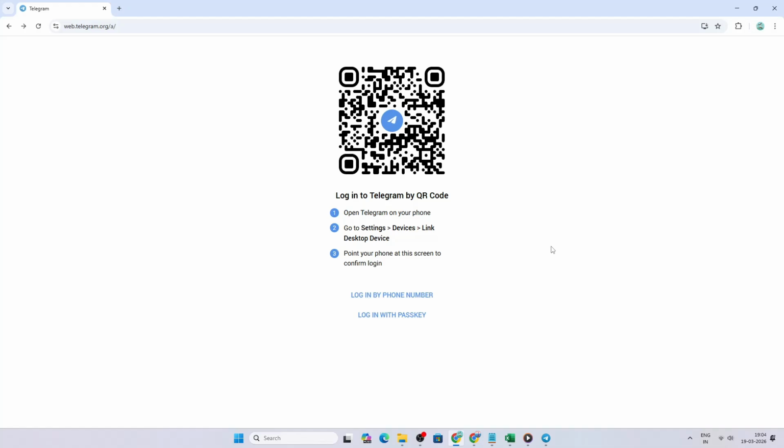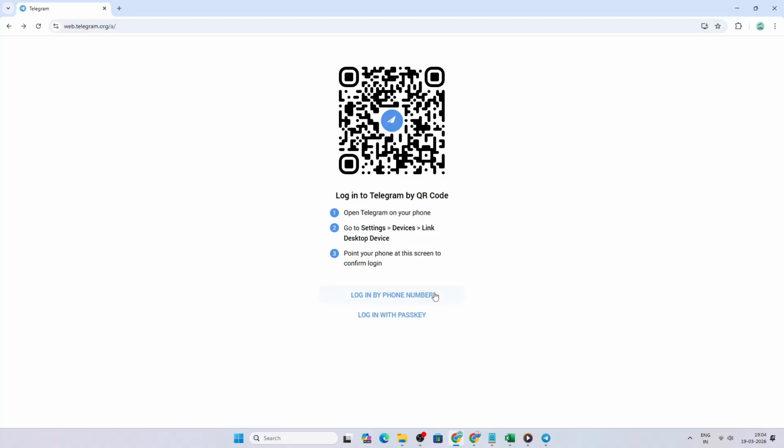In today's video, I'm going to teach you how to log in to Telegram Web. Telegram Web lets you use your chats right from a browser, which is perfect for typing on a full keyboard or checking messages while working on your computer. There are two ways to sign in. I'll start with the recommended method using a QR code, then show you how to log in with your phone